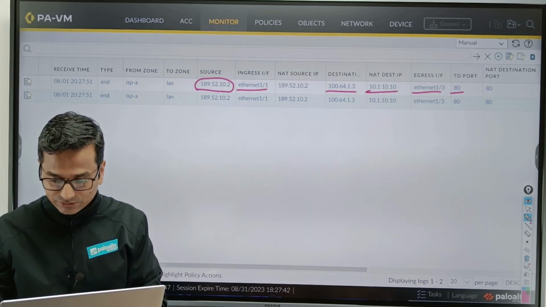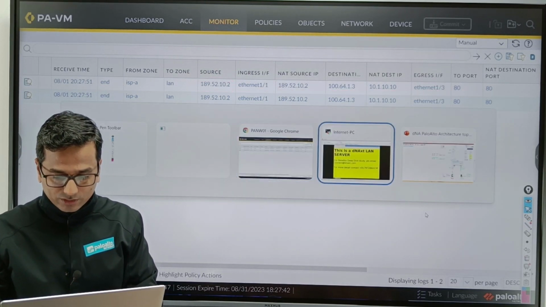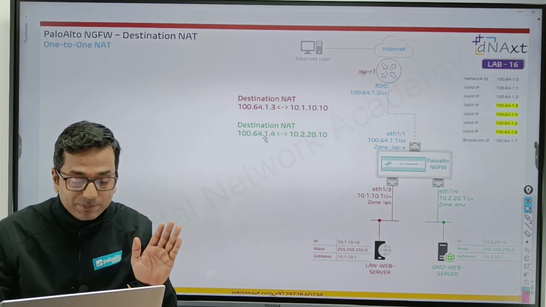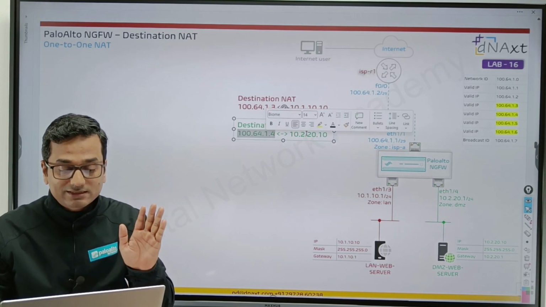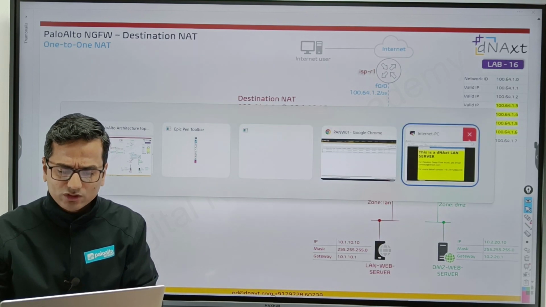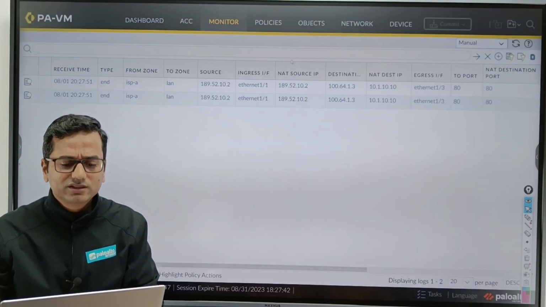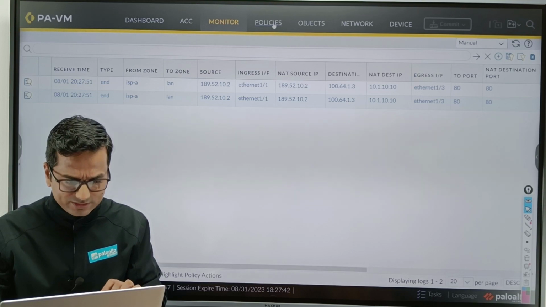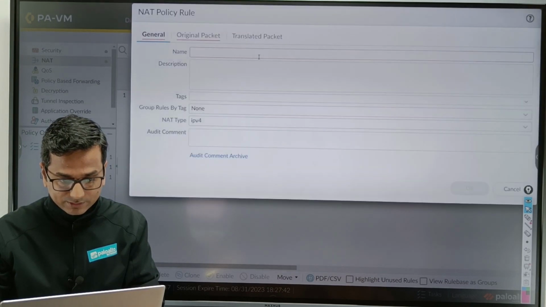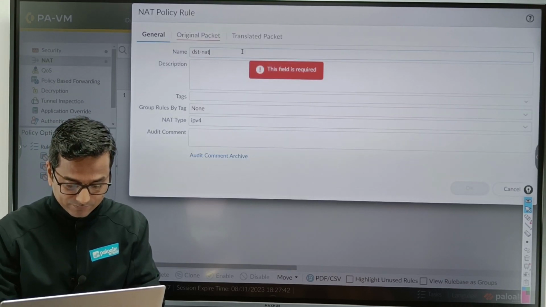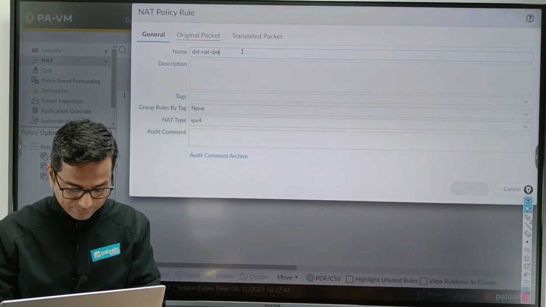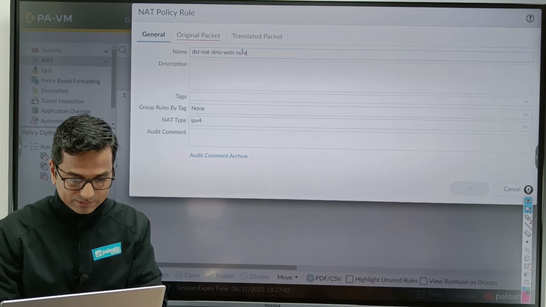Next, we have one more server, destination NAT. Destination IP address is 100.64.1.4, translate to DMZ server 10.2.20.10. In this scenario there are no changes in the logic. So go to the NAT policy, add policy, DST NAT DMZ web server.